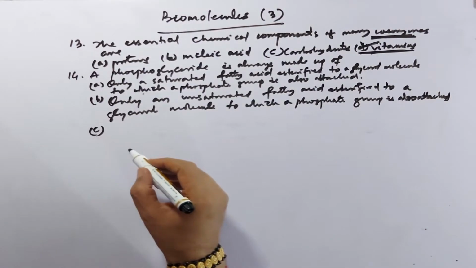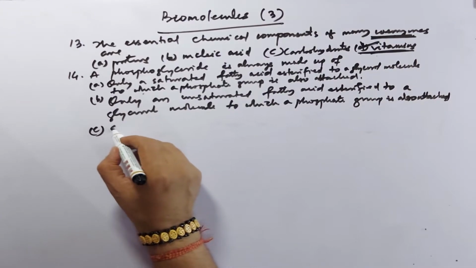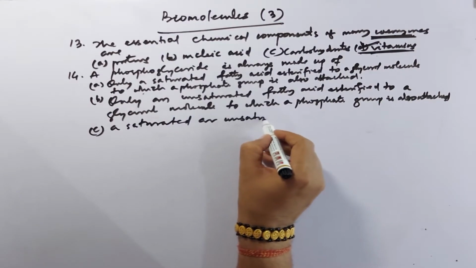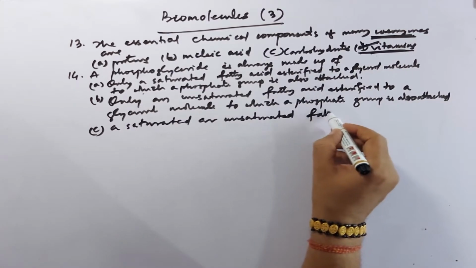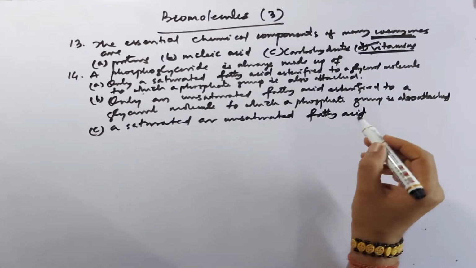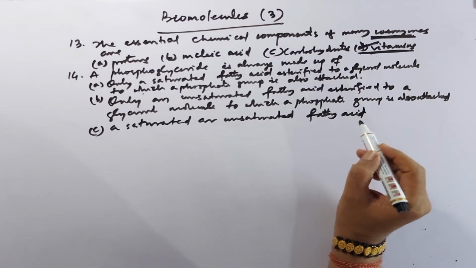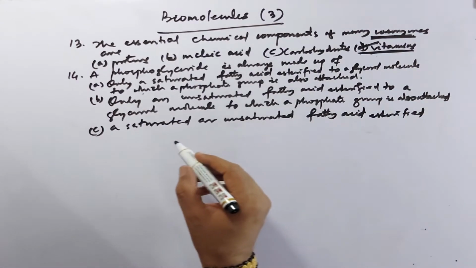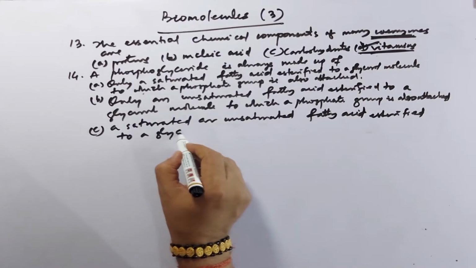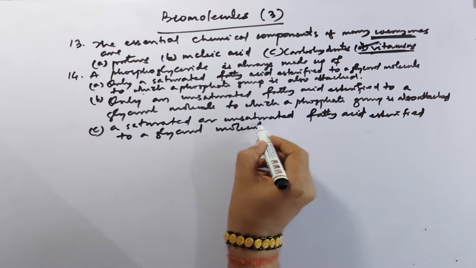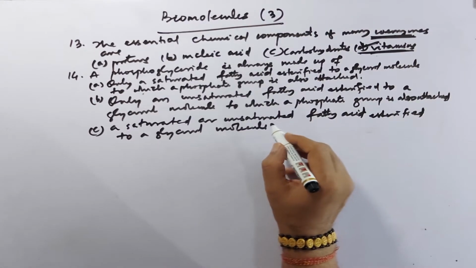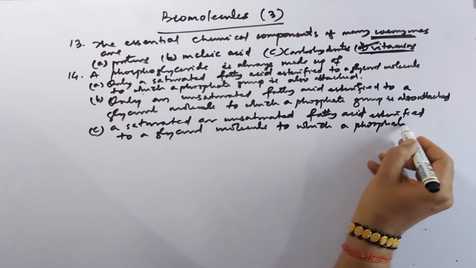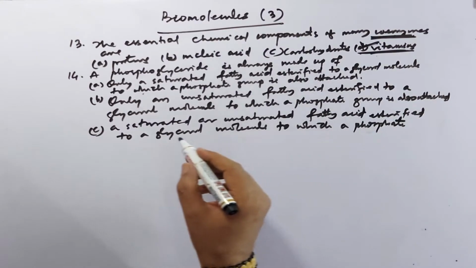And the C option is a saturated or unsaturated fatty acid esterified to a glycerol molecule to which a phosphate group is also attached,